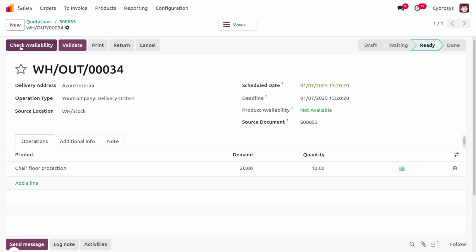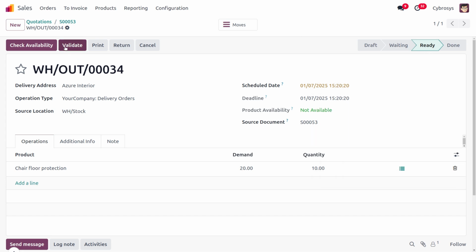If we are going with the back order, then once the product is back in stock, we can create another order to deliver the item to the customer. And if the customer is going with no back order, then the customer has to forget about the pending quantities. So here you can see that currently it's ready to deliver.